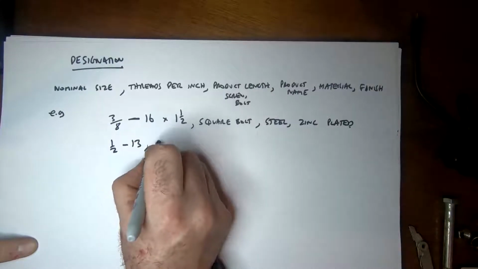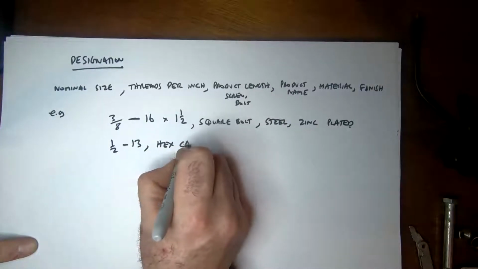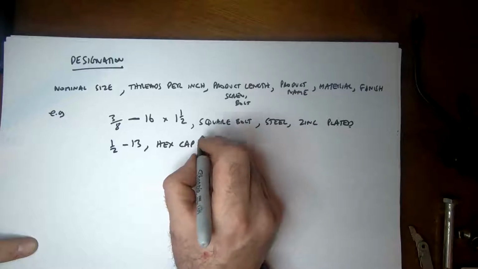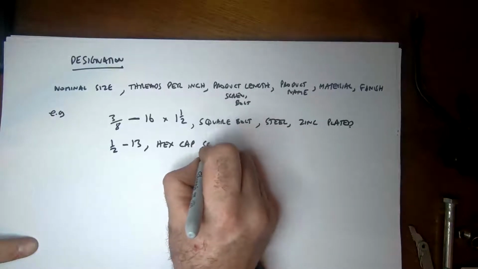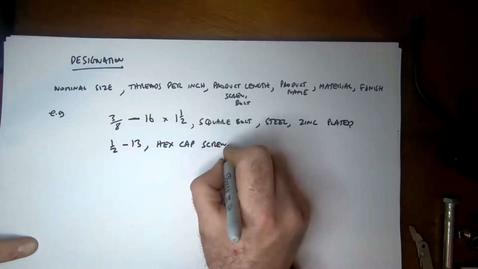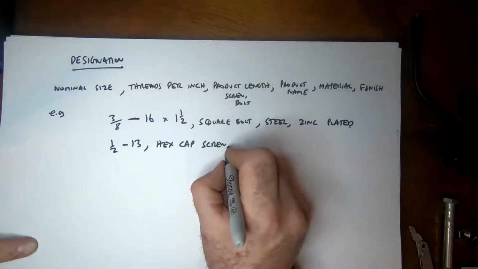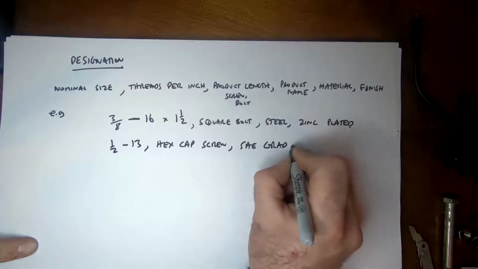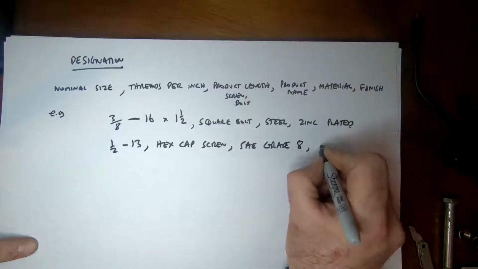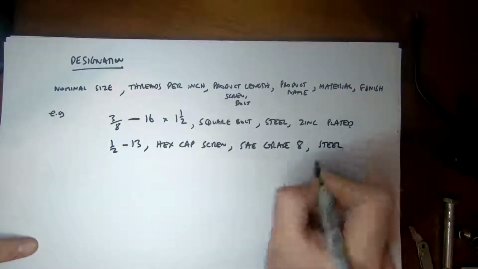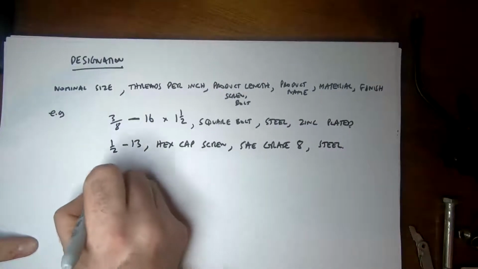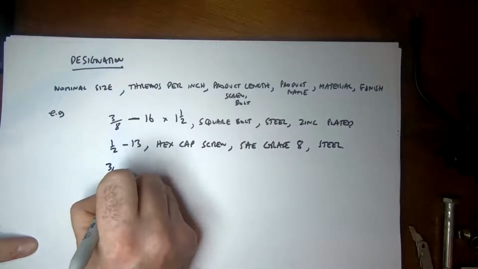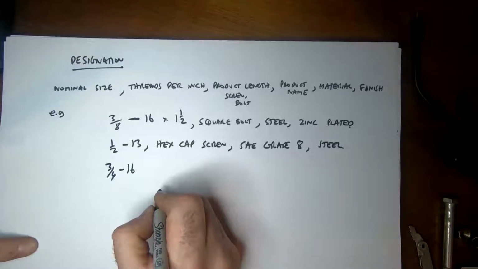We can call that the hex cap head, hex cap screw perhaps, so it's not actually a bolt. Hex cap screw, SAE, so it's SAE grade 8, and then we can also put in steel there. One more, 3/4 inch, 16 threads per inch,